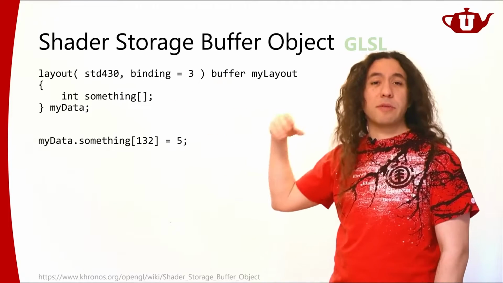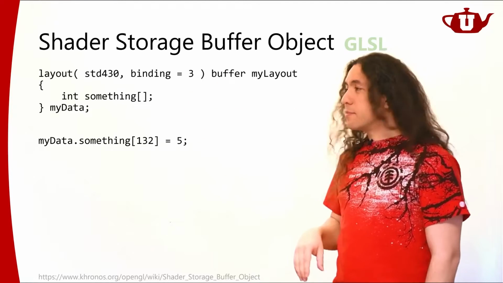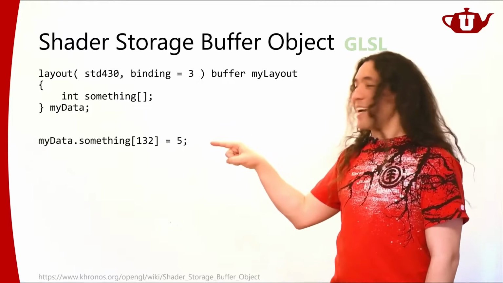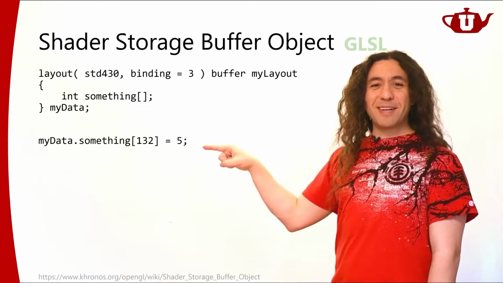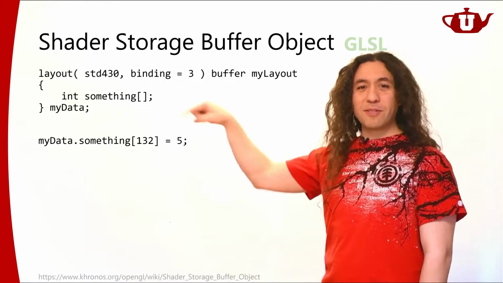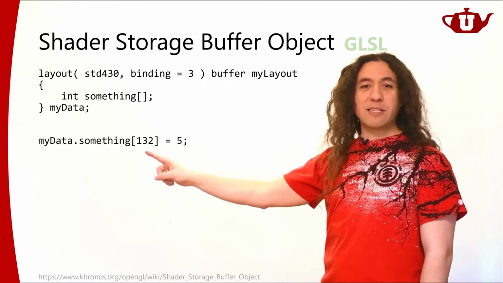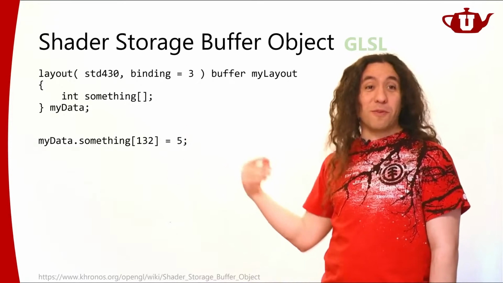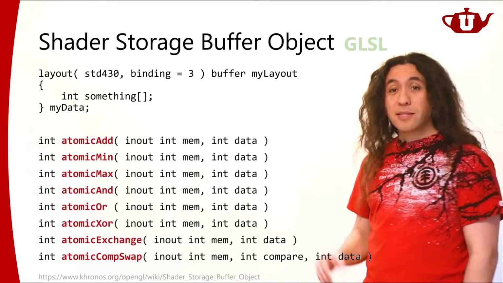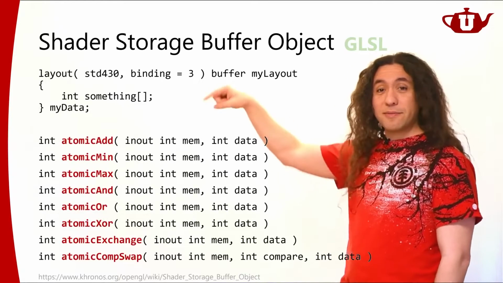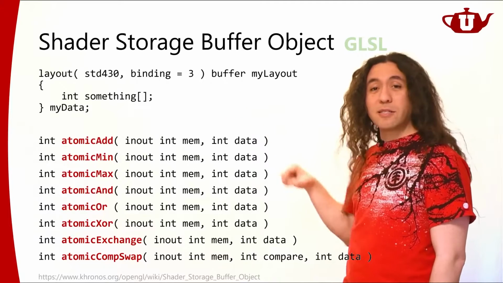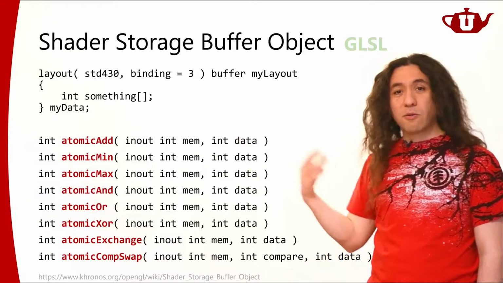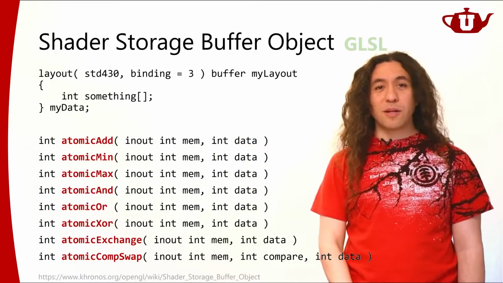I don't have to. There are different ways of attaching it, and then you can access this data fairly easily, right? So this was my data, whatever something array, and I access this element, and I can write into it very easily, or I can read from it. I can also do atomic operations here too. I can pick the location and say there it is, there's the data. I can do all sorts of atomic operations that are also supported with shader buffer objects as well.